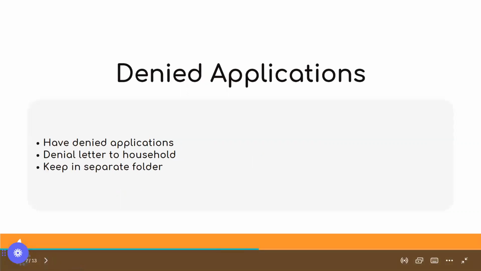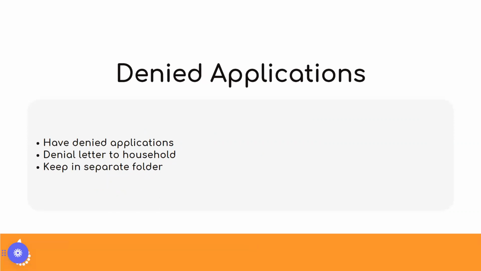Denied applications. Again, like I said, you're going to want to make sure that you have those together so that they can see those denied applications. Again, just to make sure that those families were accurately identified as not being eligible for free or reduced. They're going to want to see the letter that you send home to say, thank you for filling out the free and reduced application. However, based on your household size and income, you're currently not eligible for a free or